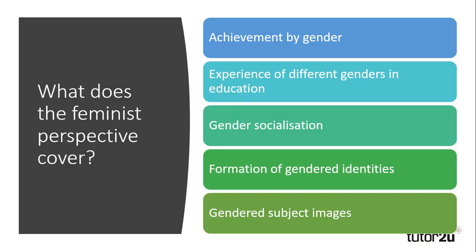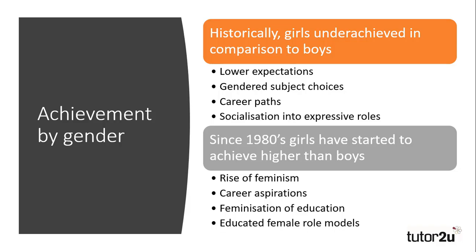A third contribution is to gender socialisation, and in particular the way socialisation traditionally leads to girls being perceived as less intelligent and how gender socialisation improves girls' chances of success. Another is gendered identities, how schools can shape the gender identity and influences it has on defining our gender identity. And finally, subject images and career choices. Another area where feminist approaches have made significant changes that have impacted on girls' experiences of education and their career prospects. So we'll begin by looking at some of the historical trends in education.